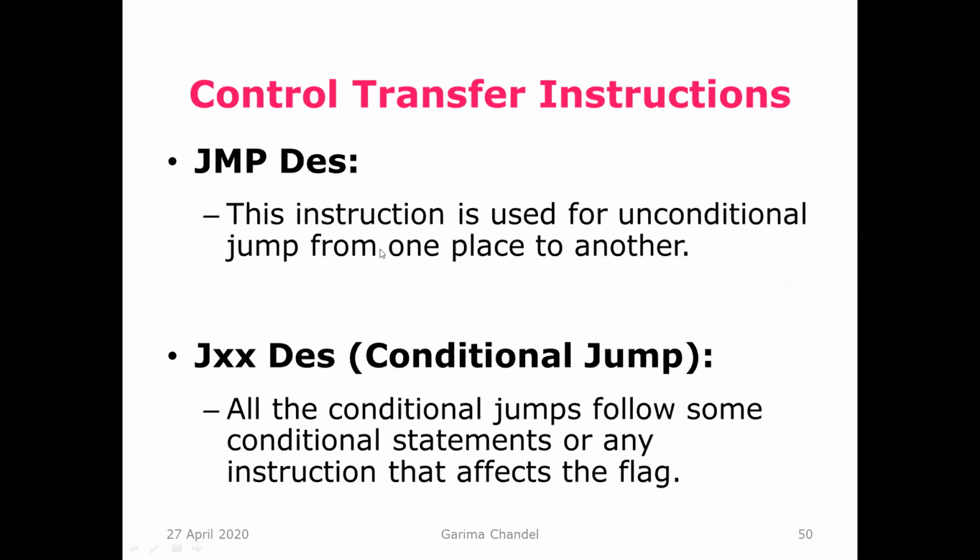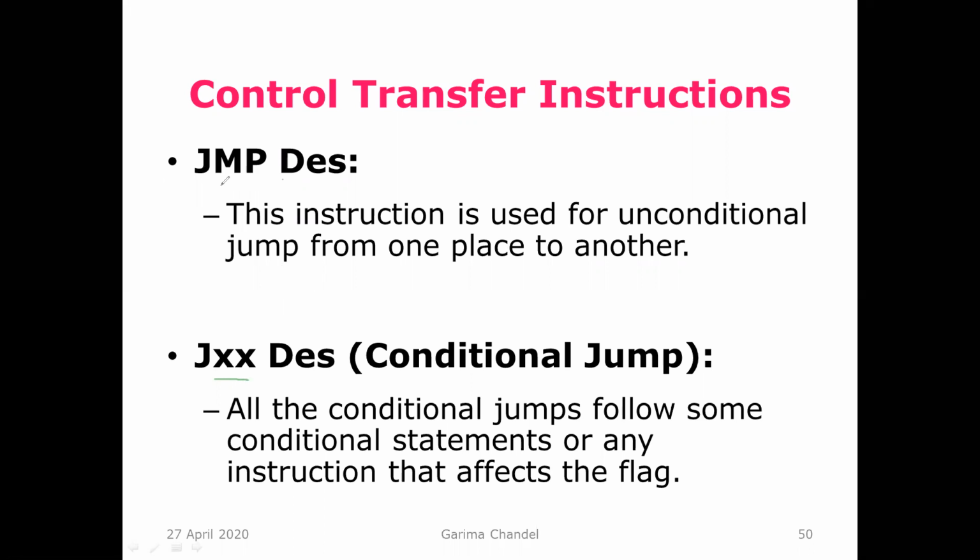Jump instructions are there. Jump instruction is unconditional. Even call and return are unconditional. If these instructions arrive, then the processor will not check any condition. It will transfer the control. While JXX is not any instruction exactly. Here some condition is there. XX defines that some flag condition should be checked before the transfer of the control.